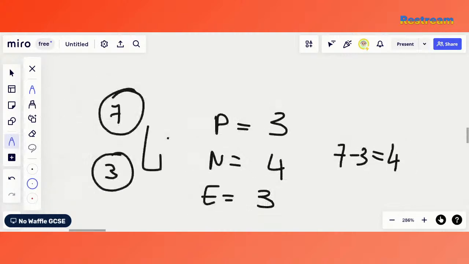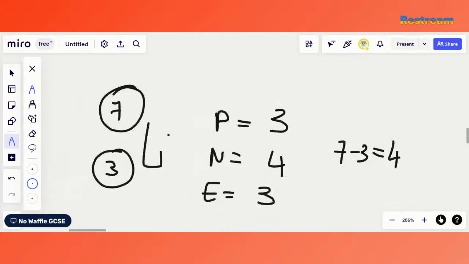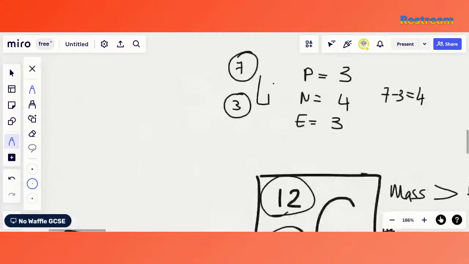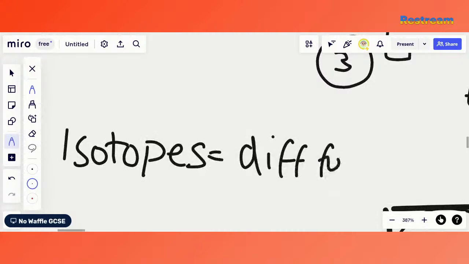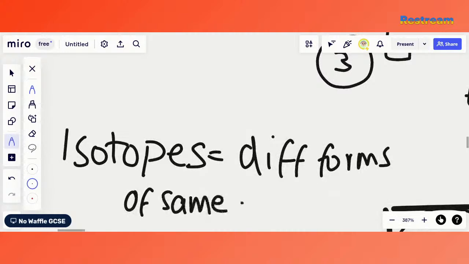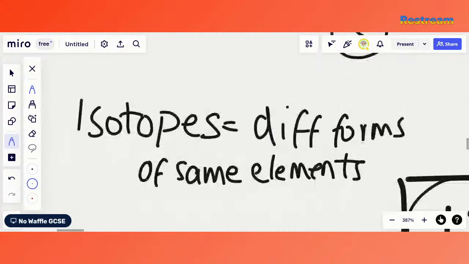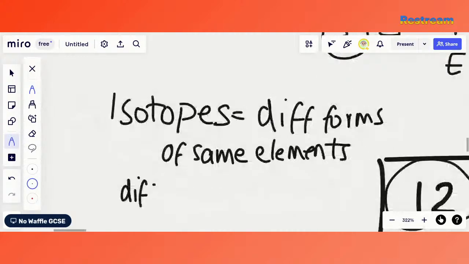Now, in chemistry we also have isotopes. So isotopes are different forms of the same element, and these different forms come into being by the fact that they have different numbers of neutrons. And if they have different numbers of neutrons, that means they have different